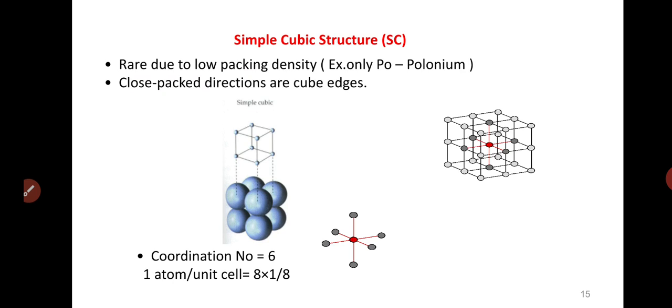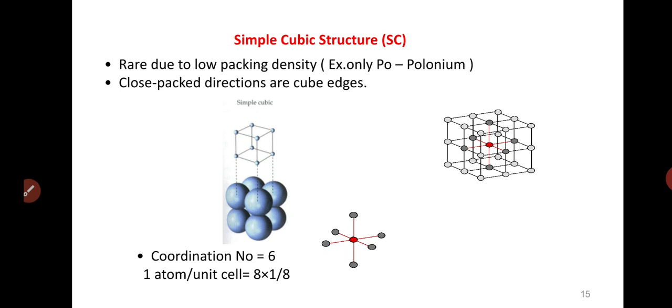As you told, the coordination number is the nearest neighbor of the given atom. So to calculate that, take any one atom, like in the figure it is shown in red color. So we can find out the nearest neighbors of this given point. So there are 6 nearest neighbors. So the coordination number of the simple cubic structure is 6.